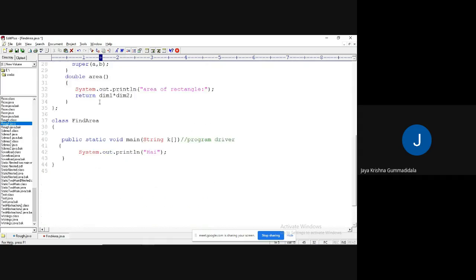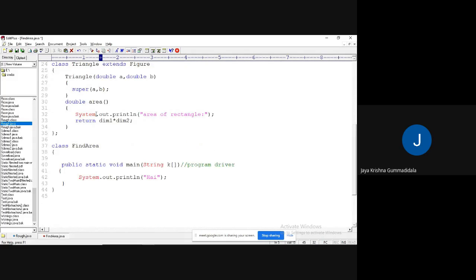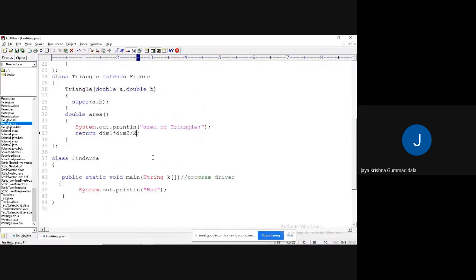Now here also I will create a double area, the area of triangle, using the formula a into b by 2. Okay, fine.